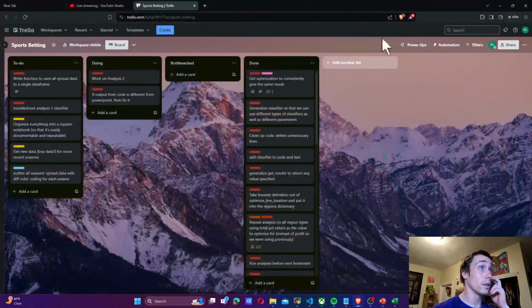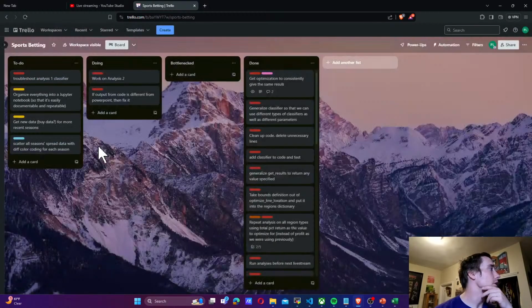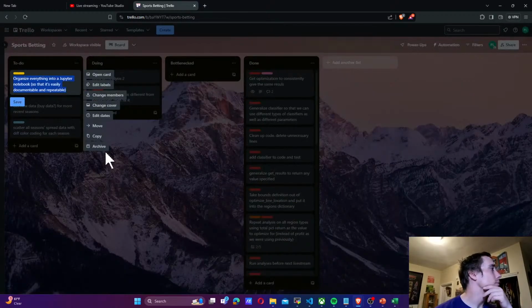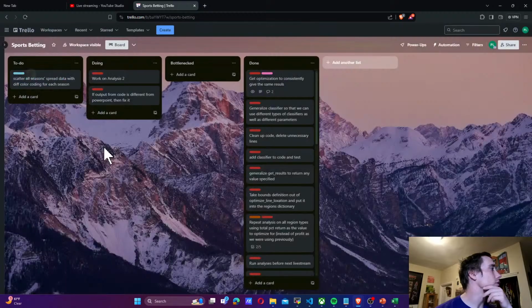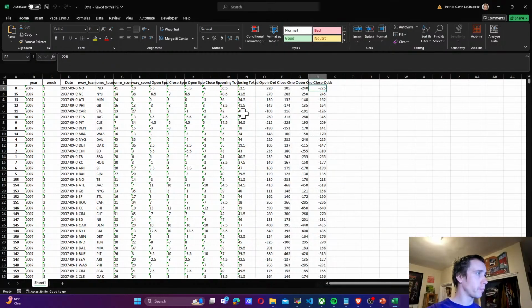Write function to save all spread data to a single data frame. I don't even know what I mean by that. Troubleshoot analysis when classifier did that. Yeah, I don't even know if this thing's very... Scatter all season spread data with different color according to each season. Okay,